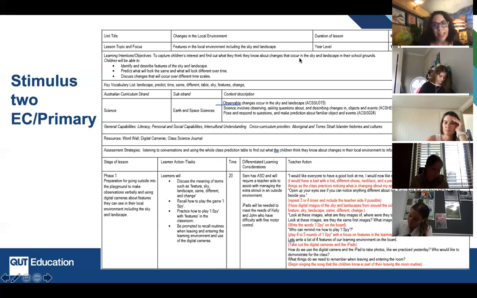And the most frustrating thing as well is you may have all of this planned out, but if something changes or the students that you're differentiating for aren't there, or your resources fail, your materials fail, you can't find the digital cameras, or you forgot the SD cards, all of these sorts of things, you need to be able to be flexible and adaptable. So lesson plans don't always go to plan. So it's something that you really need to consider as a teacher.